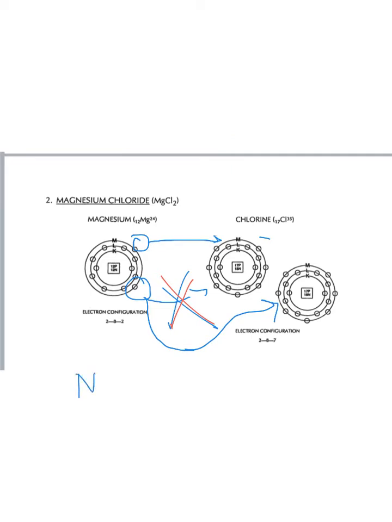So my magnesium is positively charged, but since I lost 2 electrons, I have a +2 charge. Now I have a chlorine here. I lost 1 electron, but I have a second chlorine also. So it lost 1 electron. So we are going to say that this is